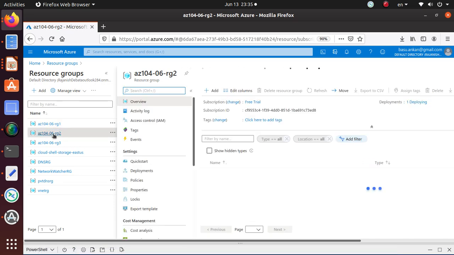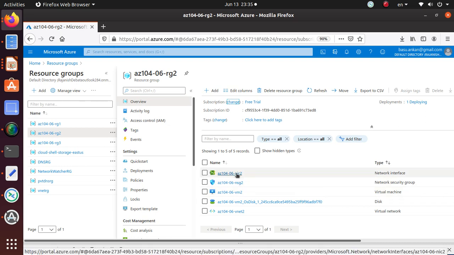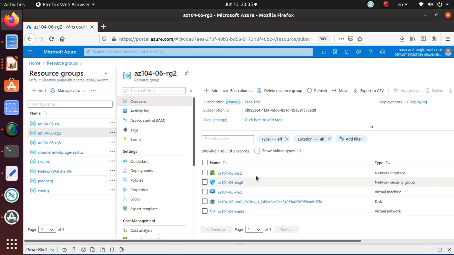Let's see under RG2, it's the same thing. It says it's deploying, and it looks like I have 2 different NICs. So the deployment is not as far ahead as the first one. And the third one, let's see what's going on. The third one also says deploying. So far so good. So I'll let the deployment go on, and we'll just review what we have before we start the next video,